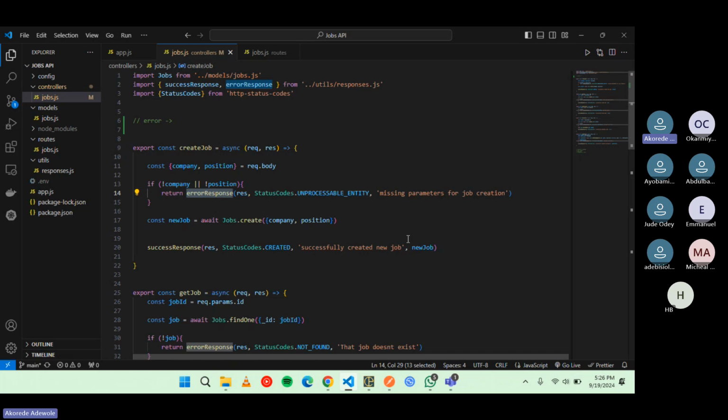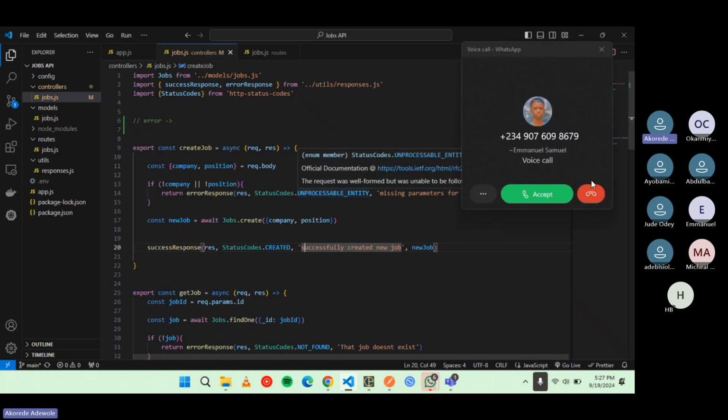Anyway, as I was saying, when you want to care about errors that you want people using your API to care about, a good idea is to put them inside the error response. And when you want to care about errors currently going on in your own application, maybe due to your own code, where you were thinking of something and then missed it, or maybe something just did not go right at all,